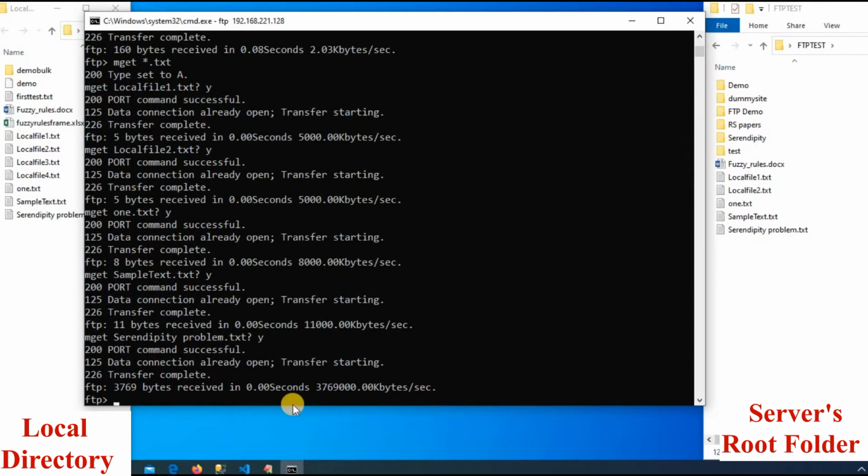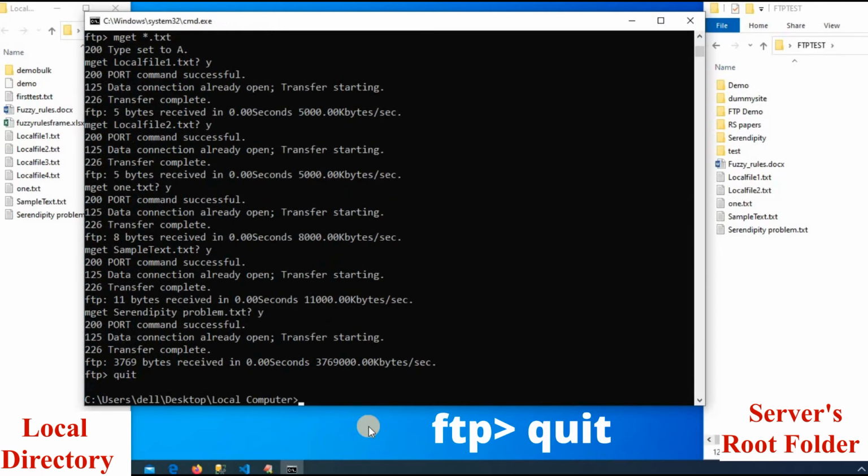As you have observed here, while uploading or downloading multiple files, it is always asking for these confirmations. This is termed as interactive mode. Well, it is quite annoying while exchanging a large number of files. So to disable interactive mode, you can use prompt command, or you can use additional switch with ftp command I at the time of initiating the connection. Let me show that. So for that, first quit from here, and to quit, type quit command.